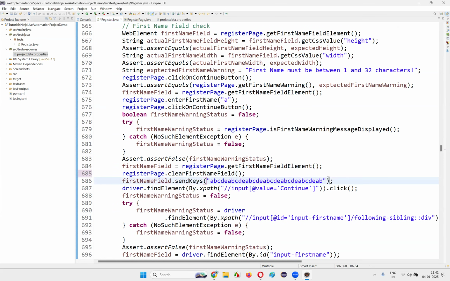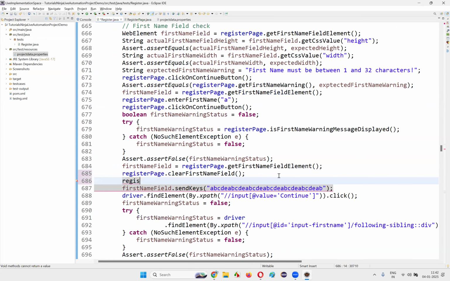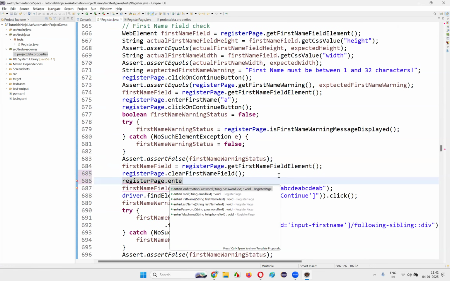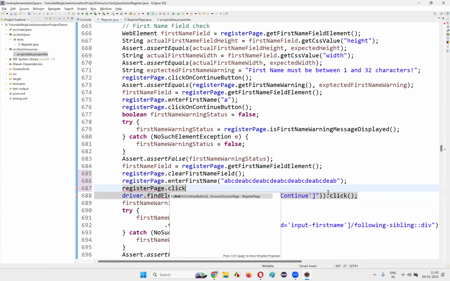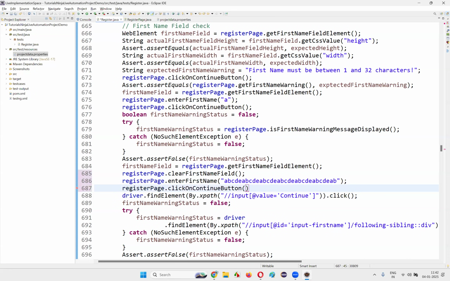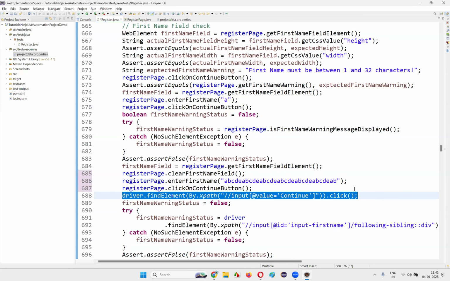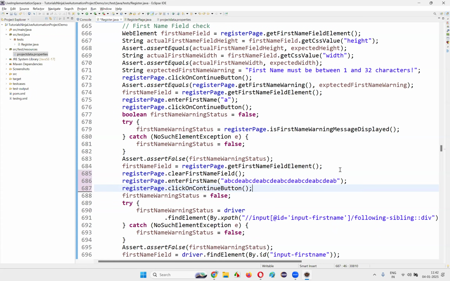Again, we have to enter the text into the first name field. For that, register page dot enter first name, and here enter this first name. This particular first name you enter here and remove this line. Then we have to click on the continue button. Register page dot click on continue button. Put a semicolon here. Remove this. The next one,